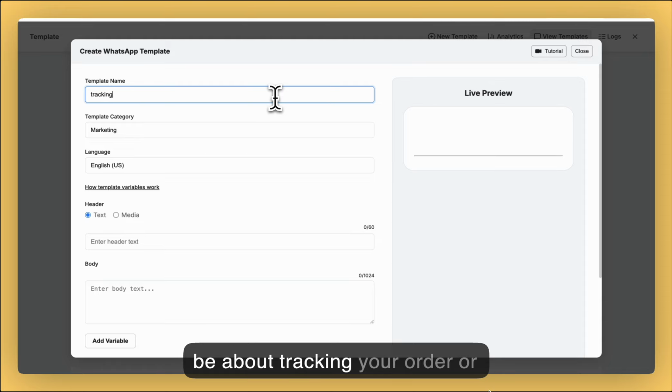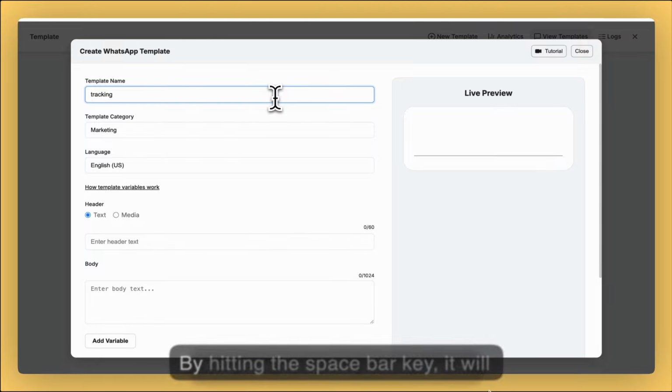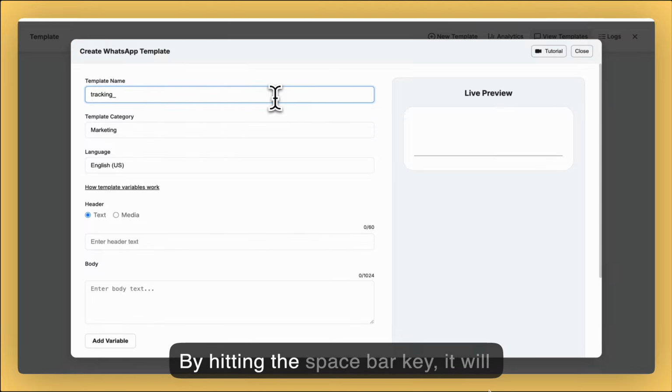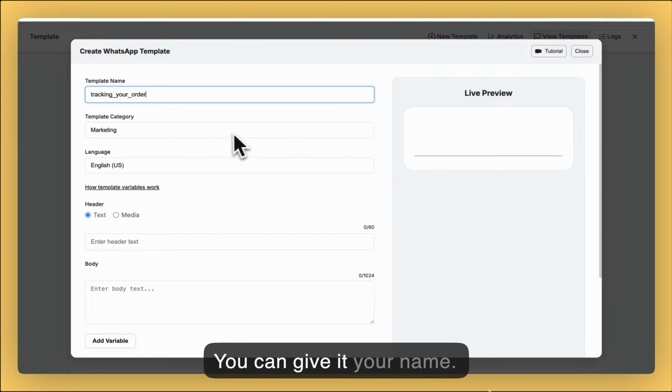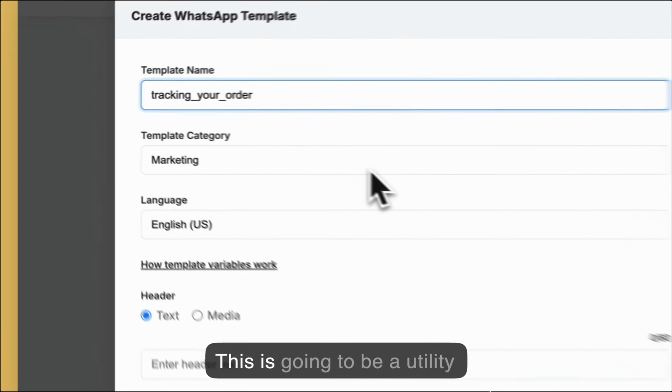your order. So when creating the template name, spaces are not allowed. You can only use underscore. So by hitting the spacebar key, it will automatically add an underscore. So tracking your order, you can give it your name. So this is going to be a utility message,